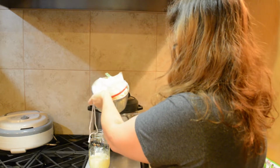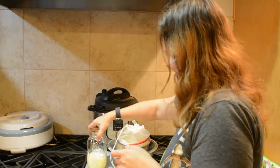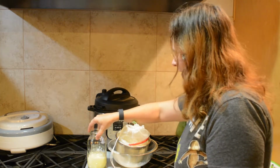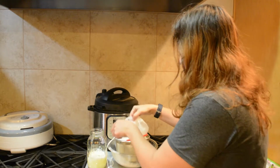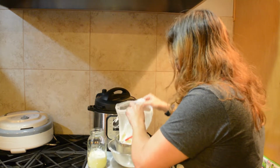So you can see there's many homestead skills have to be practiced and learned. Dumping heavy things into jars is one of them that you have to learn. So I'm going to continue to let this strain a little, and I'll give it a little bit of a jiggle, maybe get things moved around some,